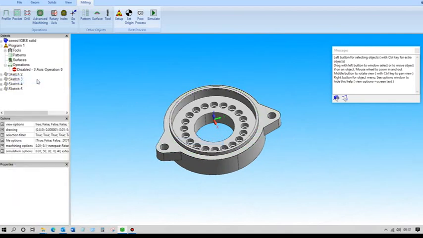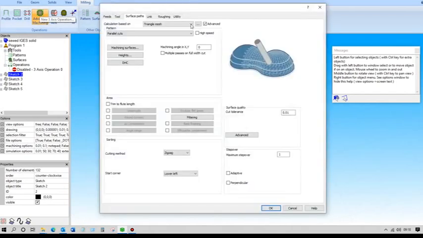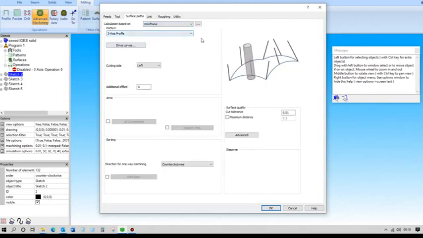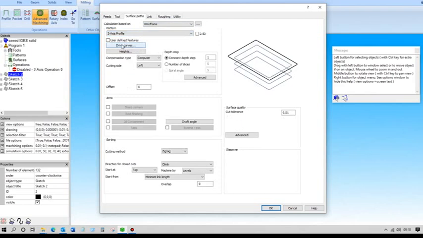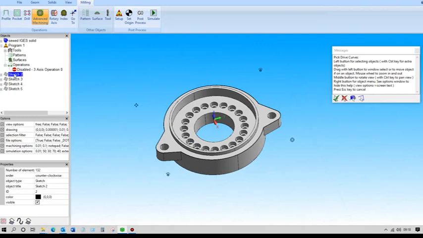So if we split that up so that we've just got a sketch which is that outside shape, and then for that we can go back into the milling module, advanced machining, and we can use wireframe on that. So we'll give it a 2D profiling, and we'll set the drive curves as being that outside shape,